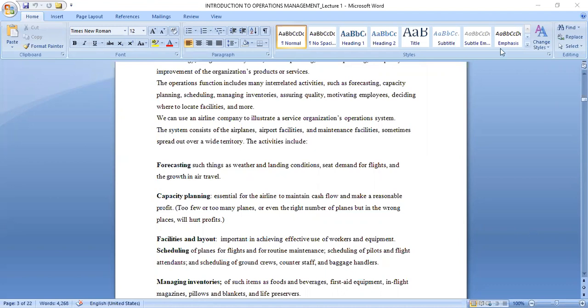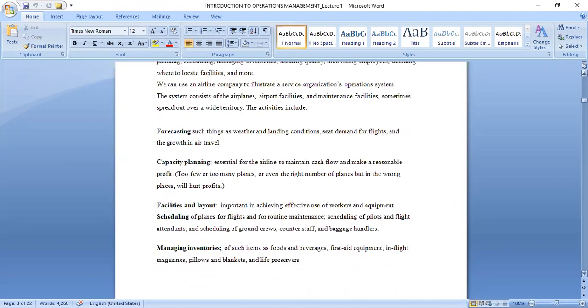So any business has to make decisions, and at the end of the day, these decisions are made in line with the scope of production and operations management, and of course, the activities. So businesses will have to do forecasting, and forecasting, for example, if we take an example of the travel industry,